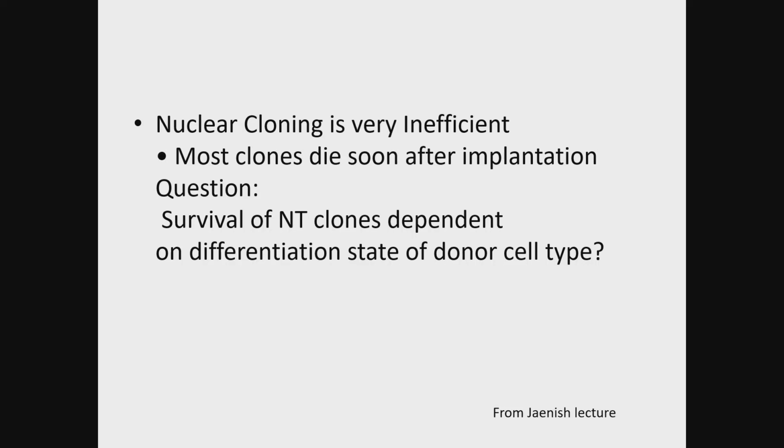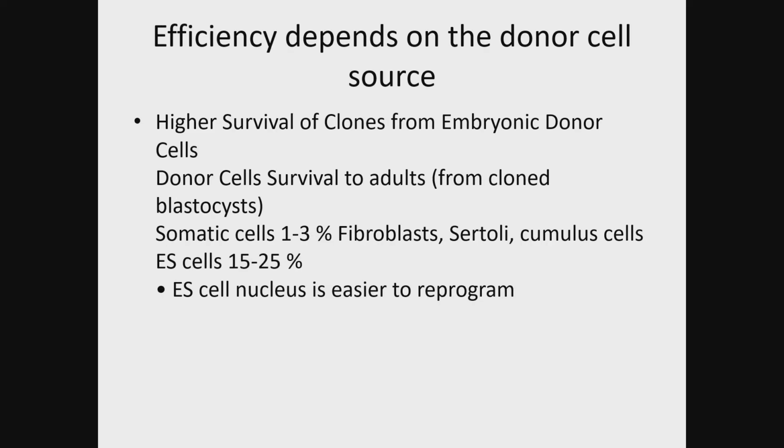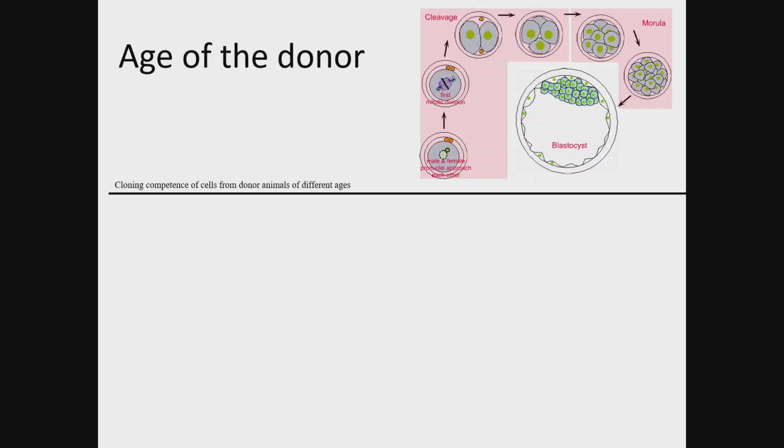So maybe if we take donors as young as possible, the efficiency will be greater. So this is what they did. They took nucleus from embryonic stem cells or from adult stem cells, fibroblasts, or different stages,